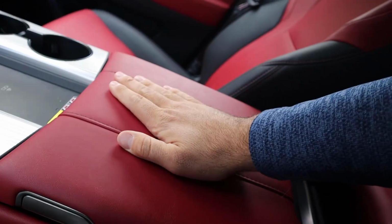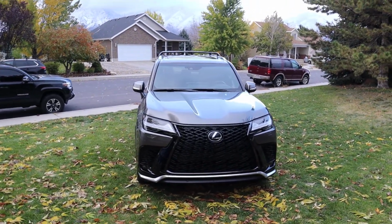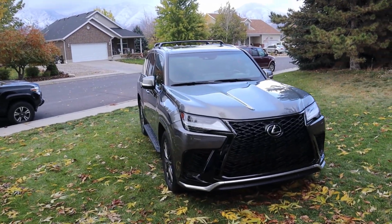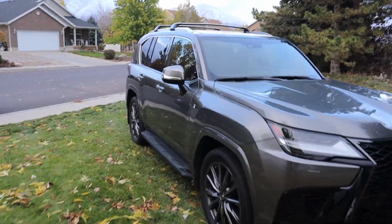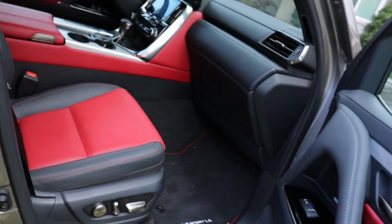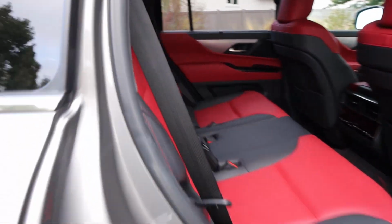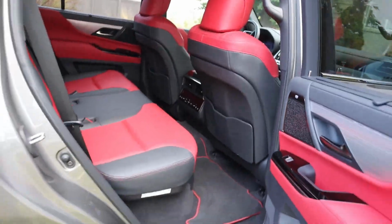So fun. Now, number 3 is the size. When I was younger, I used to hate vehicles like this because I thought they were too big and bulky and heavy, whereas now I absolutely love this because there is tons of space. If you are a passenger, you've got decent legroom. If you're another passenger, again, you've got decent legroom. It does have a third row, which I find quite pointless. We're not going to go over that segment, but on top of that,